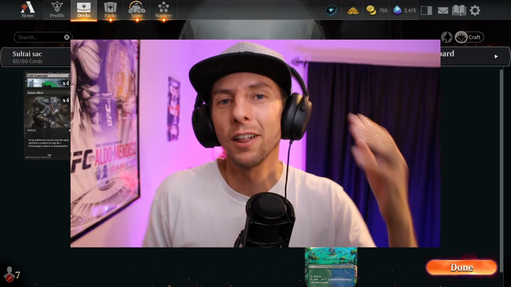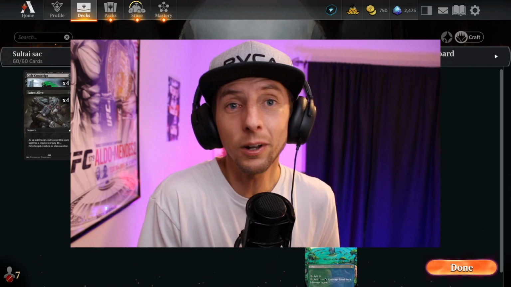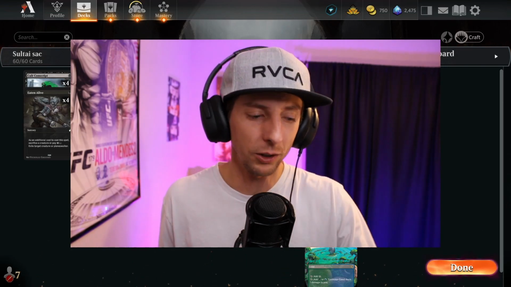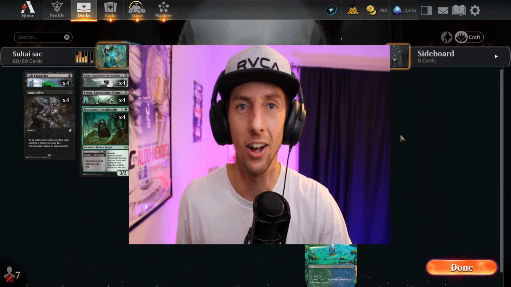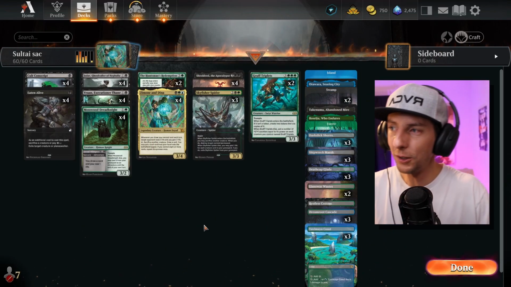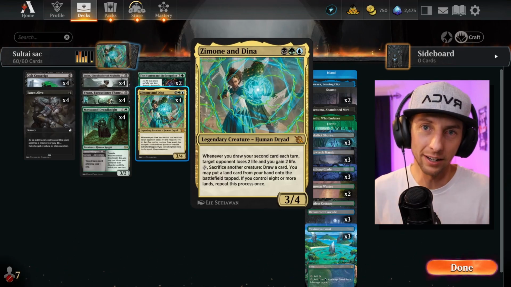Today we have one of the coolest sacrifice lists in the colors of Sultai for you, and this one is amazing because it has this really cool innate ability to deal damage to the opponents that is nearly unpreventable. How do we do it? Well, of course, we've got the Zamone and Dina, the card this deck was built around,